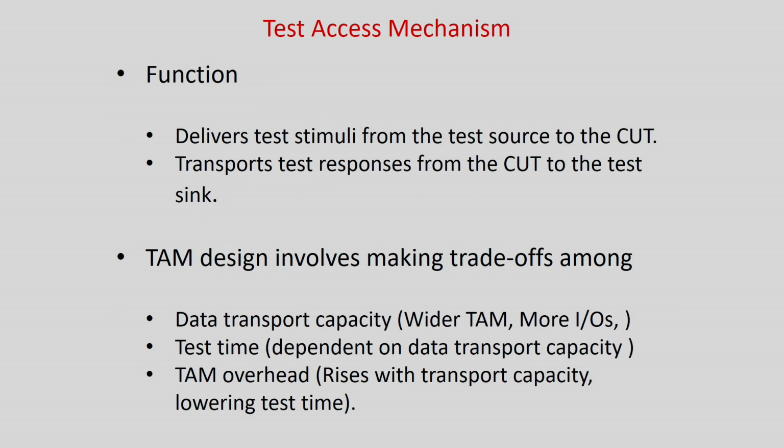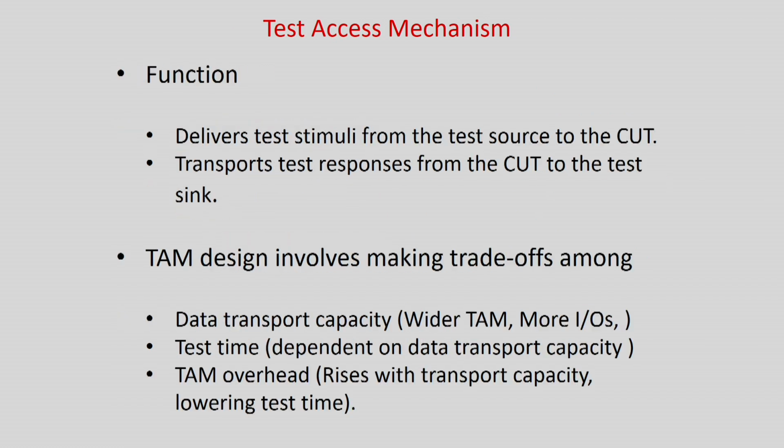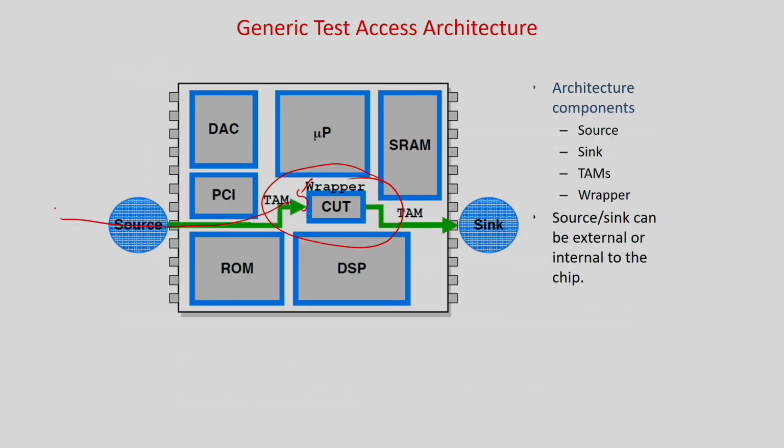Some people also think that if I have to go for at-speed testing, very fast testing, then you can also reduce the physical distance. Why is that important here? Because with a single chip versus a chip with multiple cores, the area will be quite large. If these are all individual chips, then I can have direct access for the test and the wire lengths are less. But in this case, if I have to directly access this TAM, then the wire length will be higher, leading to higher stray capacitance and resistance, and we cannot apply test patterns at a very high speed. So if I can somehow put this on chip, I can go for at-speed testing.